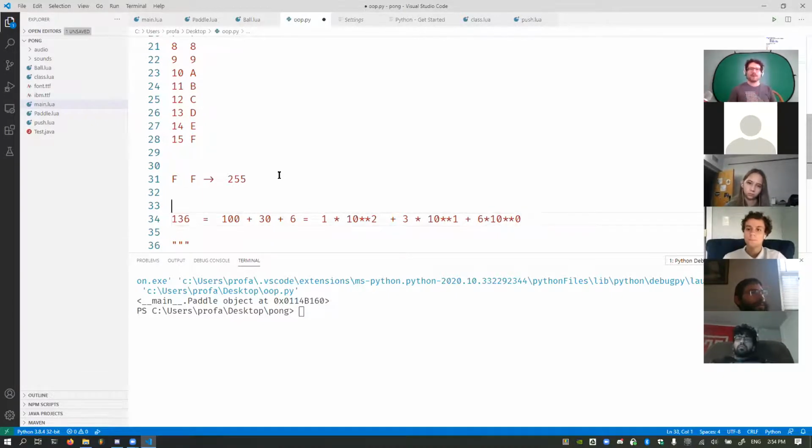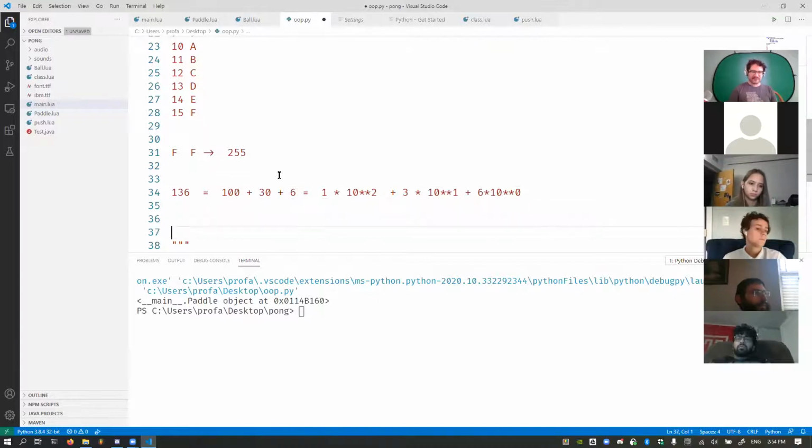Now it works the same way over here. If I were to do, let's say, 1A in hexadecimal, we would know that it's, since it's base 16, 1 times 16 to the first power plus A times 16 to the 0th power. The 0th power is just 1.